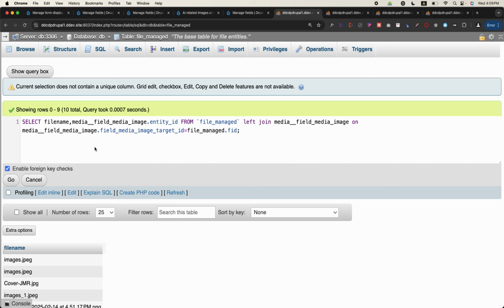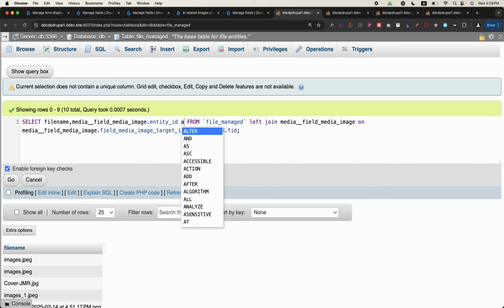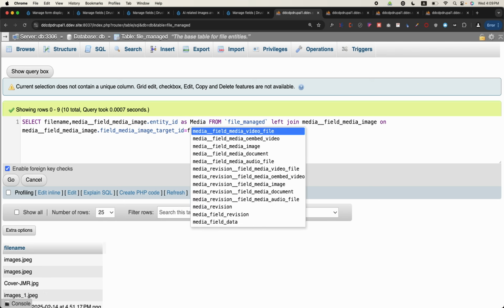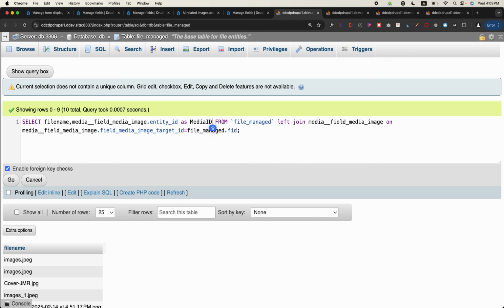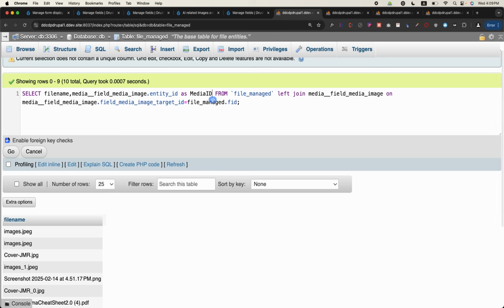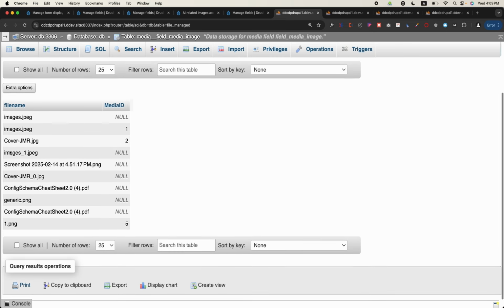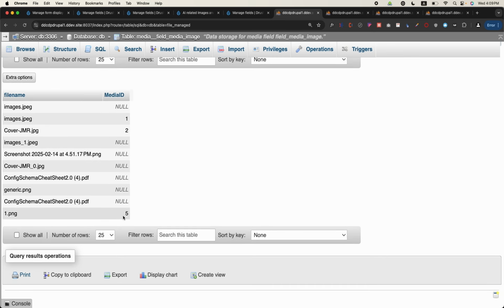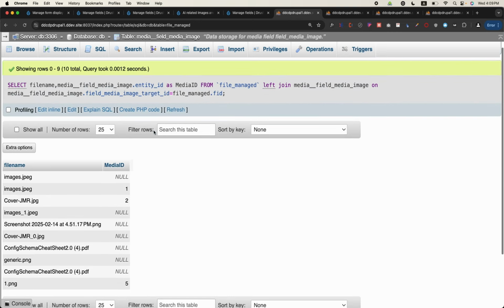What would it mean? We'll name it media ID and go. So the 5 and 12 are related to the media entity. Others are null because they were uploaded by